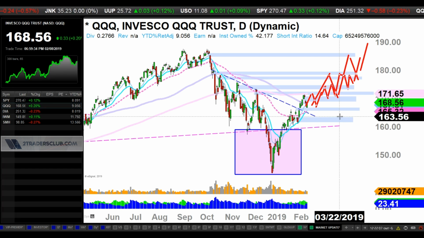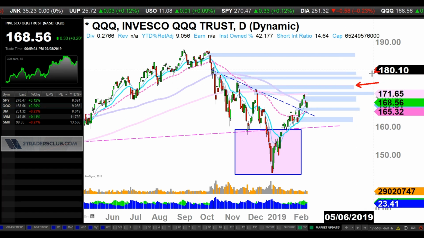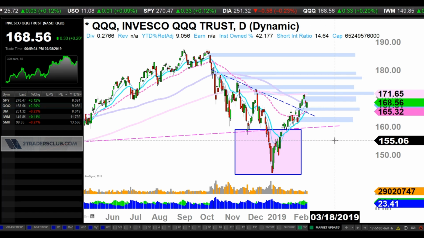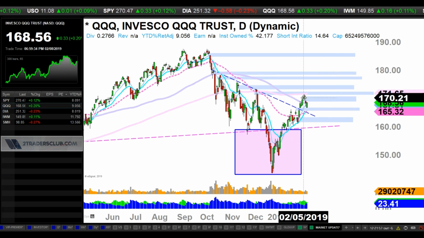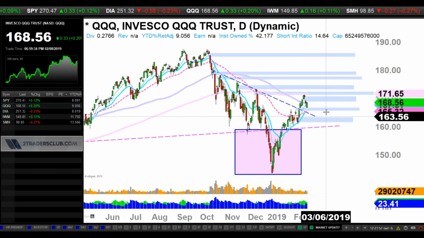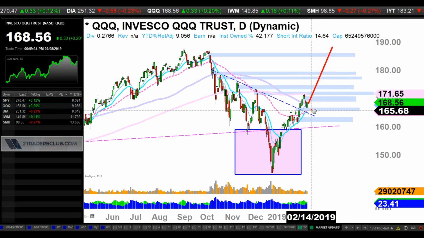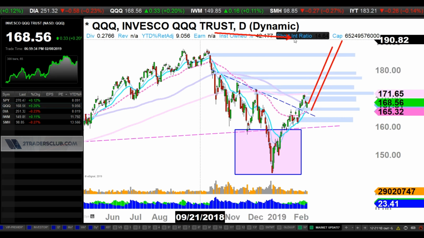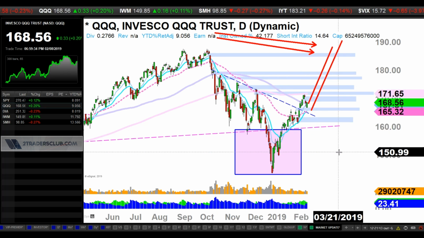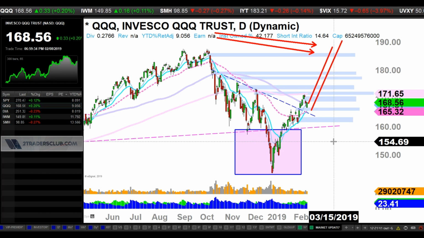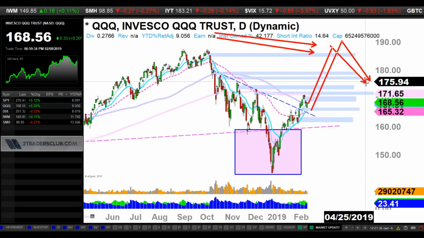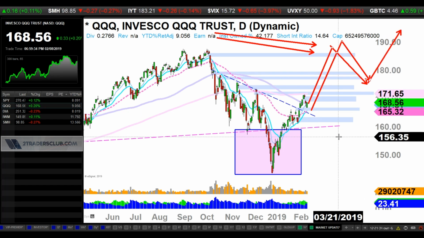The bulls are ready to fill all these gaps in due time. I think it's going to happen in the next 2-3 months. And once all those gaps get filled, I think sooner or later we're probably going to see a 5 to 6% decline. Why? Because a lot of cash people, a lot of bears, were being scared. They probably want to jump back in once they think the uptrend might be starting again. And the market is not going to like that. So the market is going to come down, punish them, give them a hard time a little bit, and then get up. So something like that could happen again.